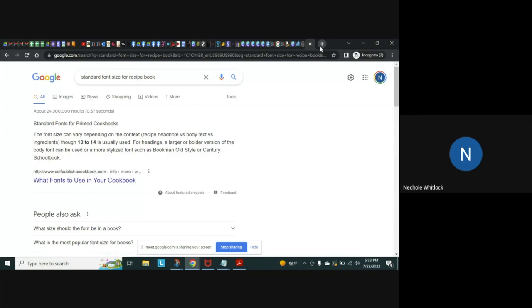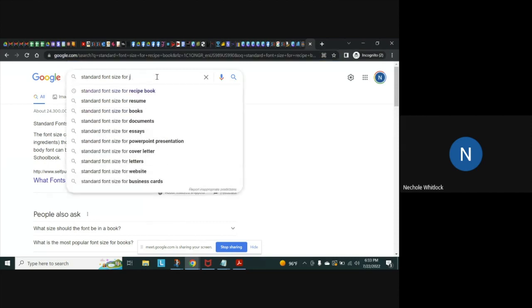So I'm going to suggest just sticking in the middle and doing 12 for all the font on your pages where you're going to have recipes. Okay. If you are doing, let's say, a journal